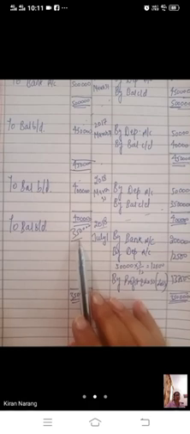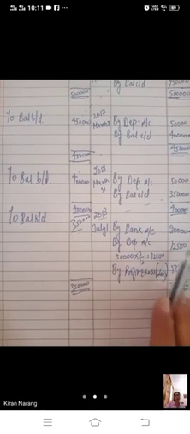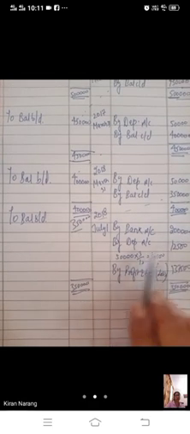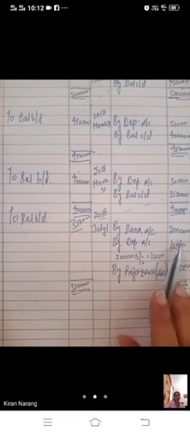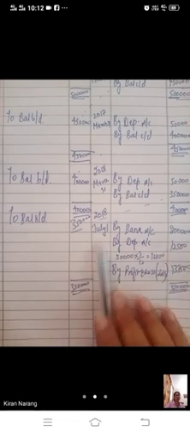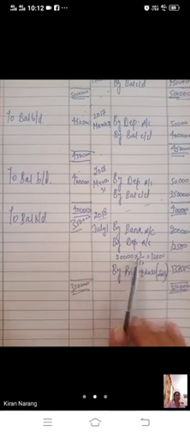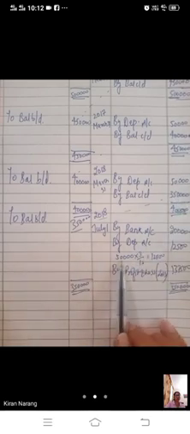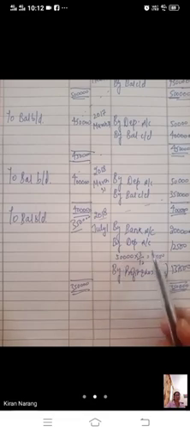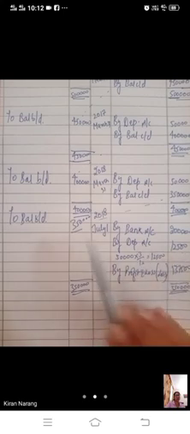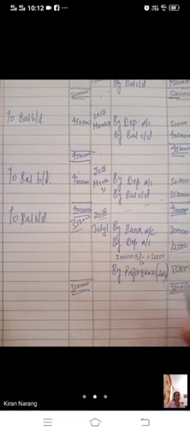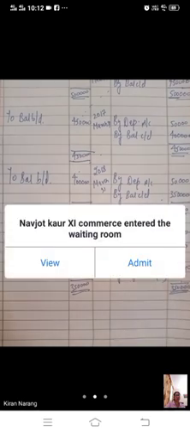Balance brought down 3,50,000. By bank account 2 lakh, as it was given that we have sold this asset for 2 lakh on July 1. So we have used this asset till July 1, April, May and June, 3 months. If the total depreciation of the whole year is 50,000, then the depreciation for 3 months will be 12,500. So 3,50,000 minus these two figures, we will come to know the loss, and that is 1,37,500.